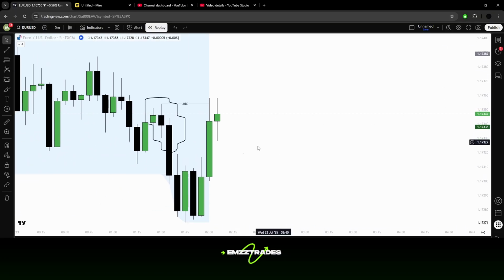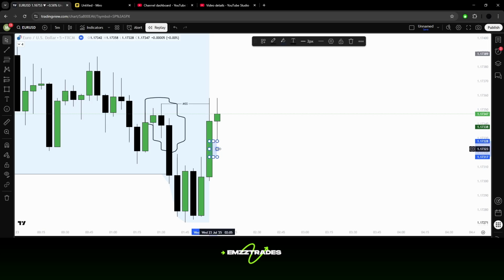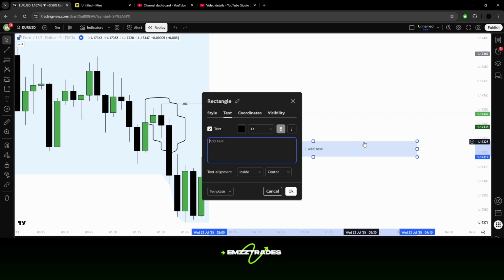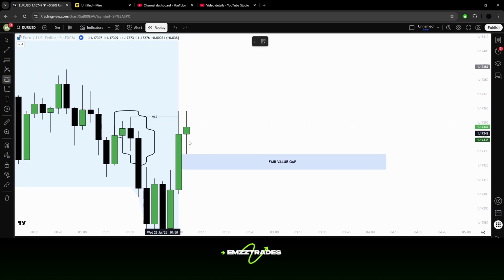As you can see, I can see a fair value gap right here. Very, very good inefficiency candle right there. And I'm just gonna mark this out as my fair value gap, right? As soon as I mark out the fair value gap, all I've got to do from here on out is